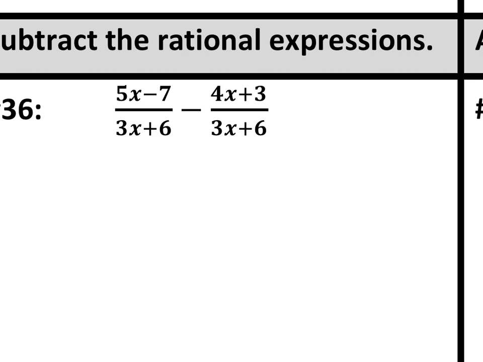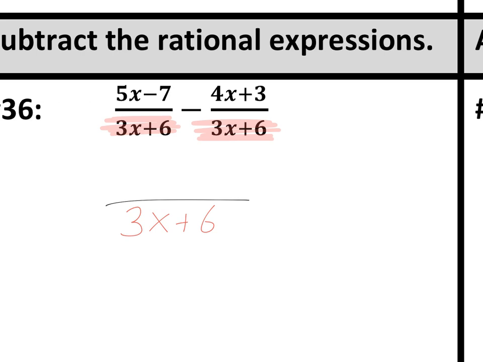Okay. When you try to add or subtract rational expressions, rational meaning you have fractions and you have polynomials on the top and the bottom, you need to make sure that your denominators match. So do the bottoms match? Yes, in fact they do. 3x plus 6 is the denominator on both fractions. So that means that when we add or subtract these two fractions together, the denominator is still going to be 3x plus 6,